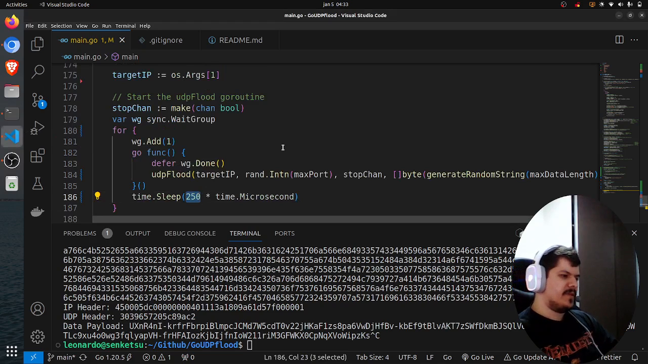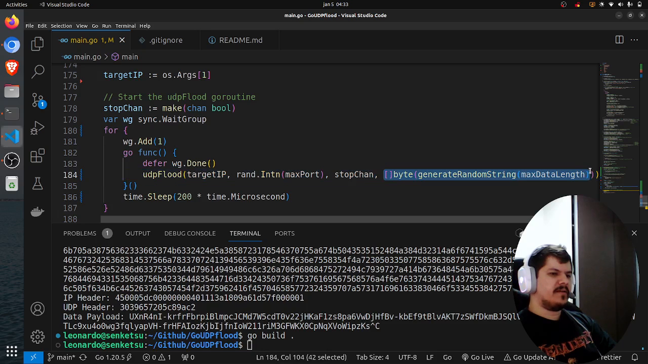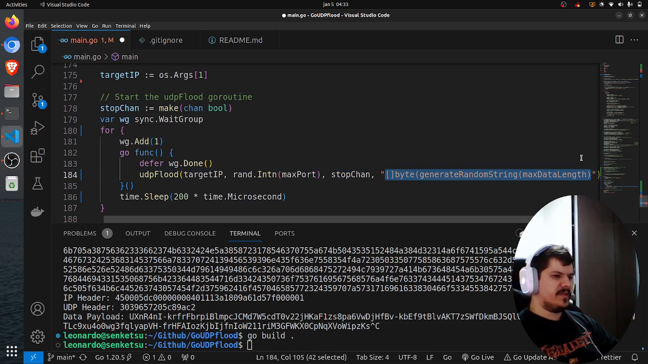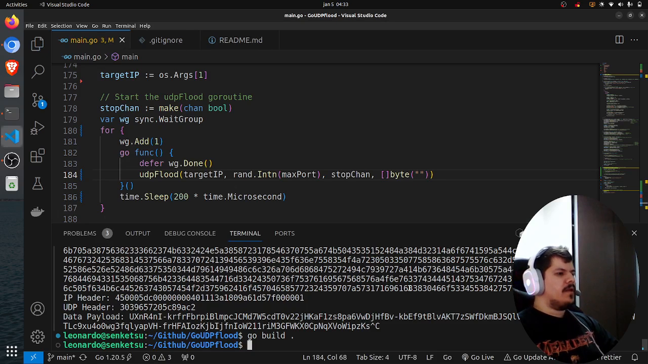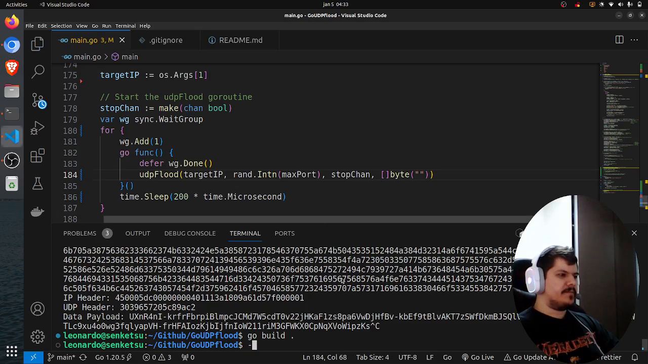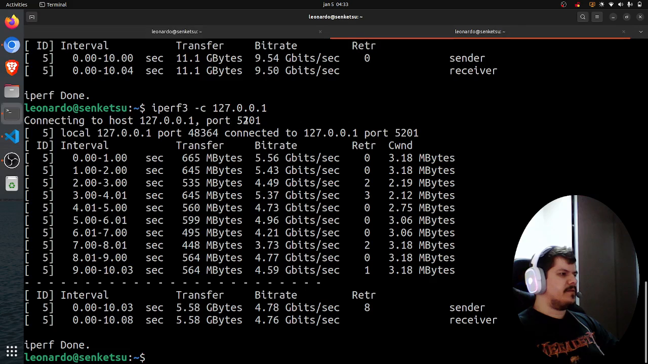Increasing this time, let's put here 200, and then compile and run. I guess here we could make the packet smaller, and we can send more. I will have to create a random slice of bytes. So we will send no data here, and then we build, and then let's run this again without